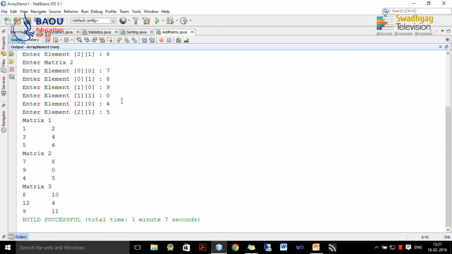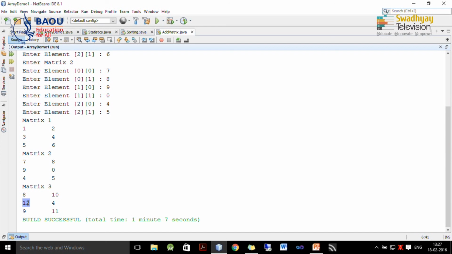And finally, we will check whether two matrices are added correctly or not. So, this one is added with 7 of second matrix and the answer is 8. Likewise, this 2 is added with 8 and the result is 10. Similarly, 3 and 9 are added and our result is 12. So, you can check that our program works correctly. You can rerun this program for checking matrices of any size, but remember that for adding two matrices we should have same size.